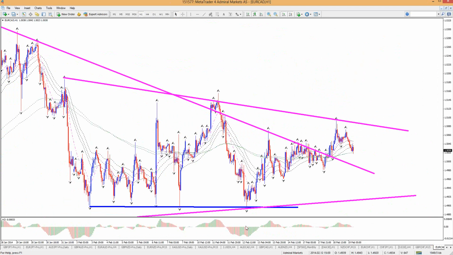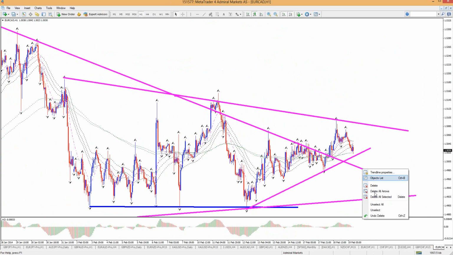Let's see, from the bottom to where we are now, is that a valid trend line? Yes, I can see what you mean. This trend line here, I didn't put it on purpose because I didn't like it too much. I don't think there's anything wrong with the trend line itself. It's just that